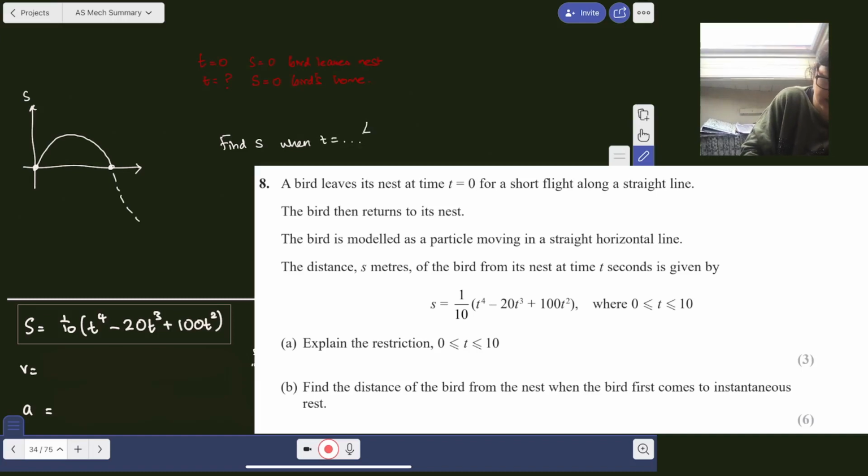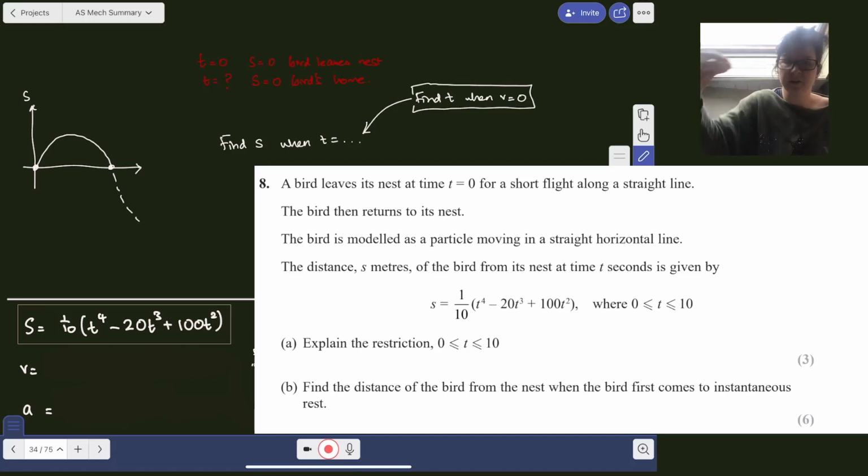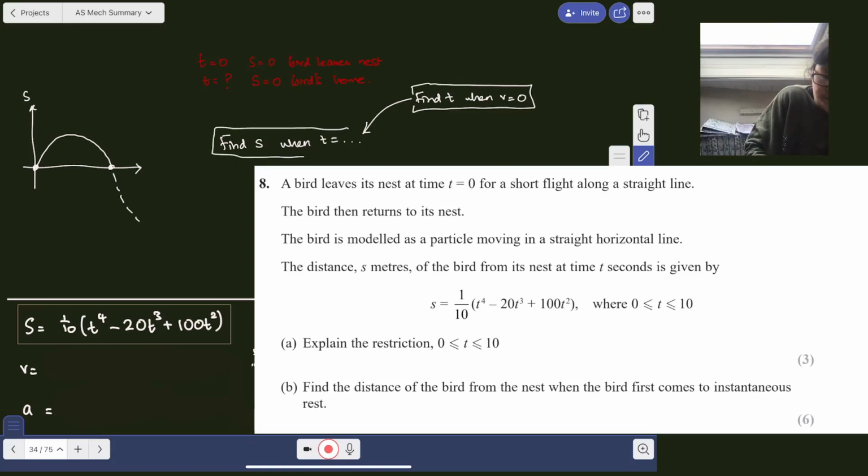And then that is going to be a sub-question. So then what we're going to have to do is to find t when v is 0, instantaneously at rest. V is 0. So we're going to do this question first, find t when v is 0. Then that is our question inside question. That is going to give us a t, which we're going to put into S,